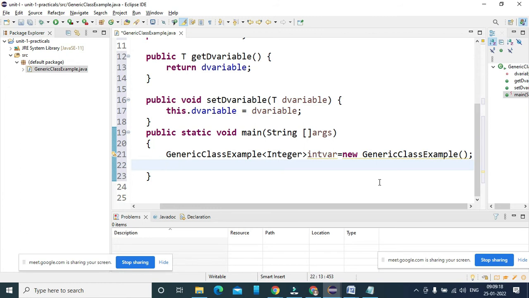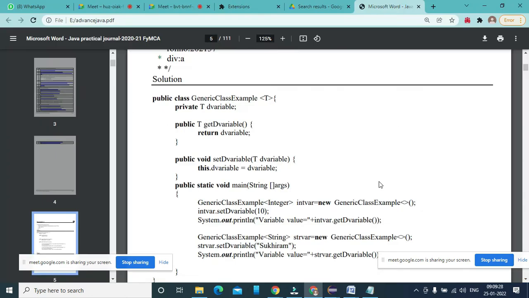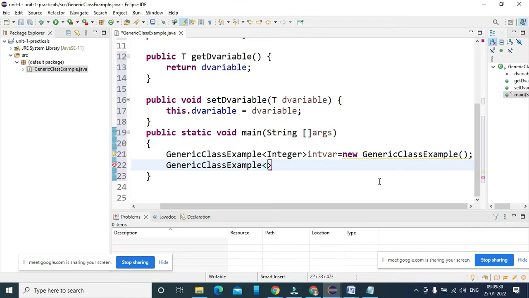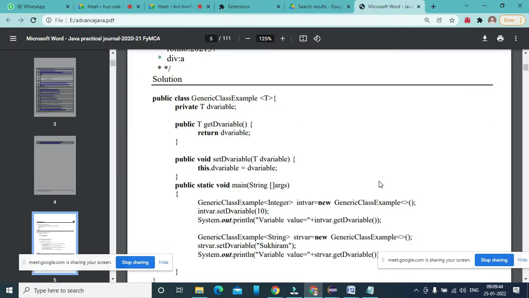Similarly, I can create a float kind of variable. So I'm choosing generic class example, which is a float kind here, or double. Here I'm using a float var equal to new generic class example, and I have to put a data type here.